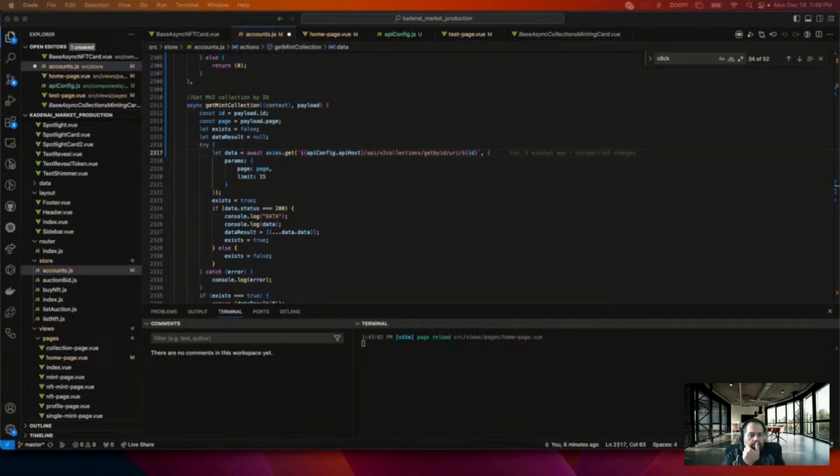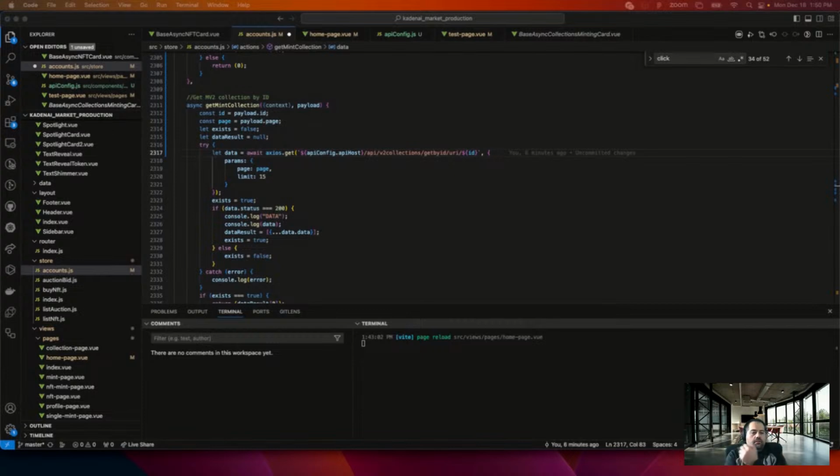Okay, so this is a simple one. Get V2. Oh, get by ID with URI. Okay. Let's find that one. Get by ID. Okay, get V2 collection URI ID. Much better. Makes more sense.